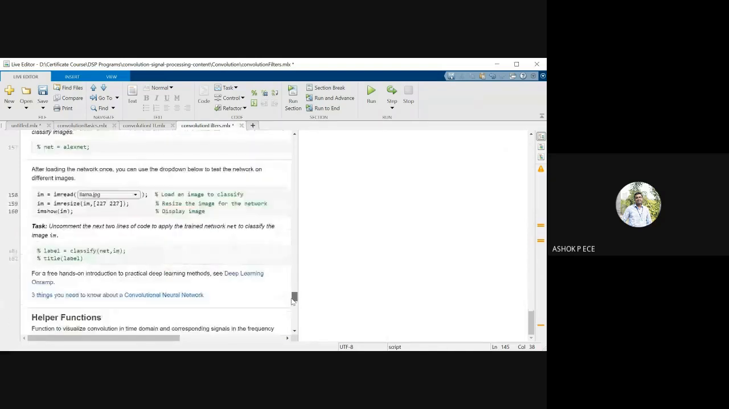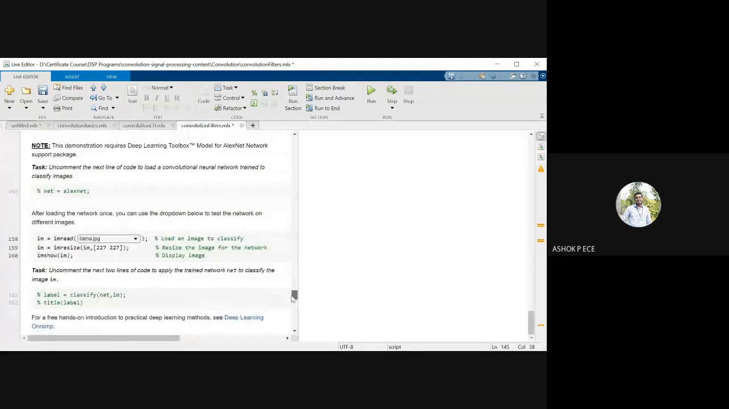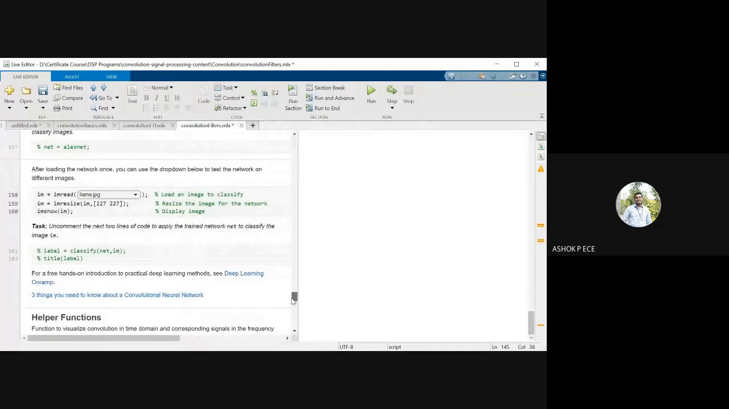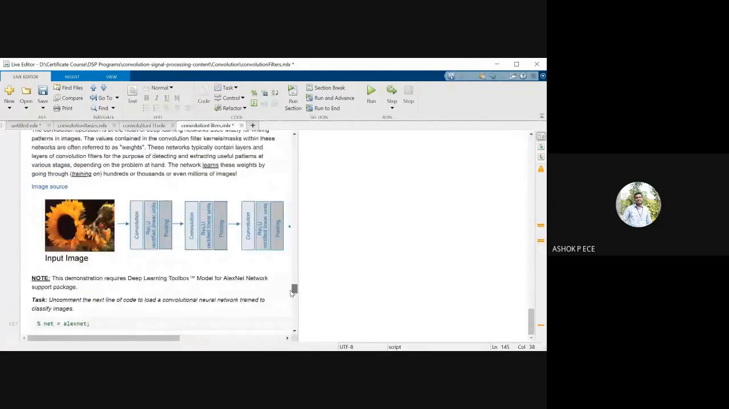And the last one, CNN: how to classify your image. The thing we showed in the last part, right? How to use the